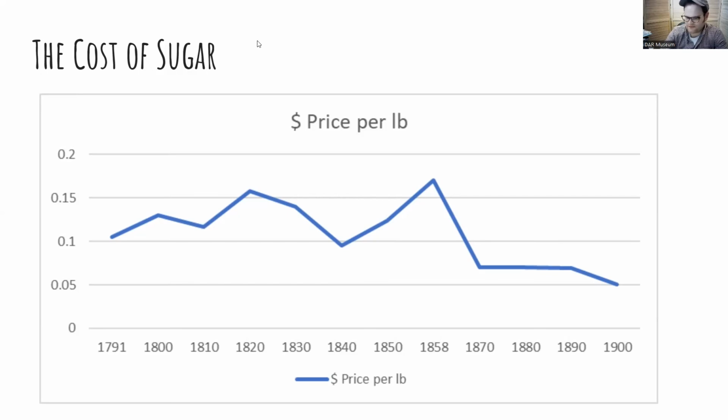The 1858 one, that's going to be the American Civil War. So when it starts in 1858, the U.S. government gets really bad about recording data for a while. There's going to be some embargoes on imported goods. The South in the 1858 to 1865, they're not exporting sugar, they're not importing sugar, as well as in the